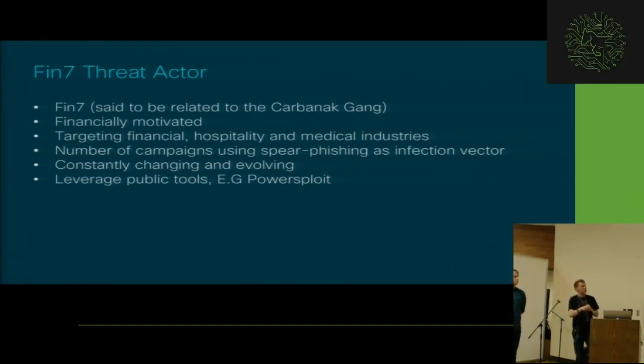And they're also leveraging public tools. I commonly get in an argument with one of my pen test friends over the release of penetration testing tools. This is an example of them literally copy-pasting code from the PowerSploit project and using it in active campaigns against financial institutions. So anyways, take from that what you will.